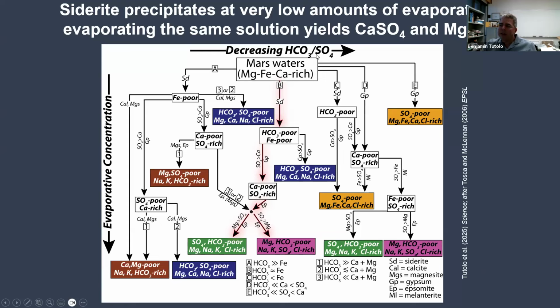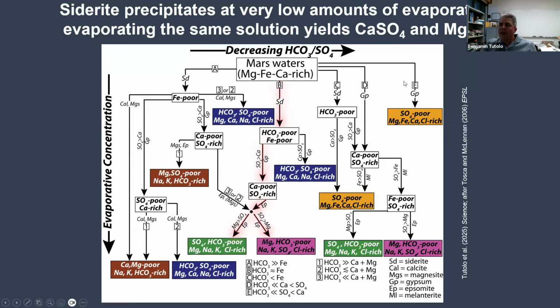As you go from left to right across the page, we're decreasing the amount of alkalinity and increasing the amount of sulfate in the solution. So, decreasing ratio of alkalinity to sulfate from left to right. The two end members here are a solution that contains lots of alkalinity and very little sulfate on the left-hand side, and on the right-hand side a solution that is basically an acid, sulfuric acid, containing lots of sulfuric acid but very little alkalinity.